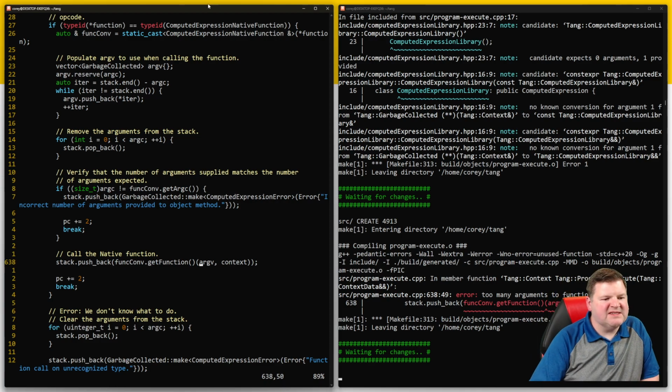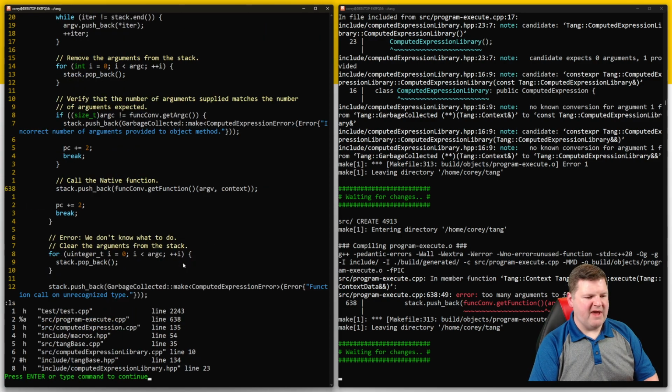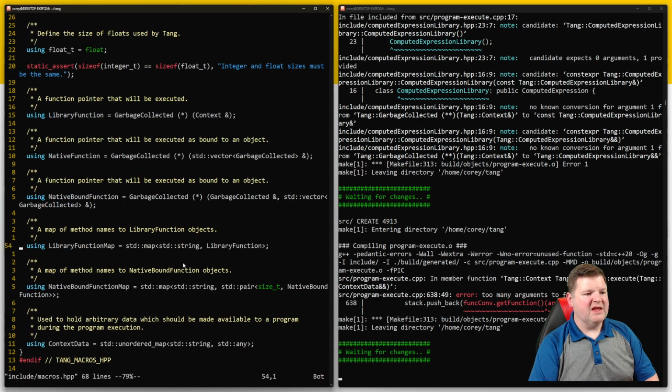So I have messed up whatever get function returns. That's a problem. So let me look at macros again. And oh, native function. It's